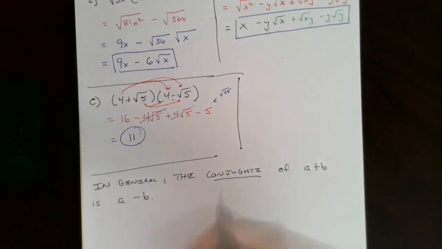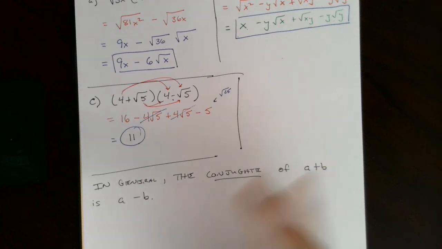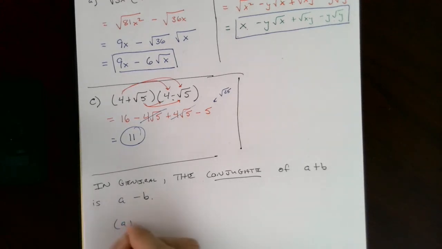Now, the special thing about conjugates is that when you multiply them by one another, the middle terms will cancel out. You actually have seen this before when you were factoring, because what it really comes down to is that you're going to get the difference of perfect squares. And let me show you how that happens. Just in general, if I have A plus B times A minus B,